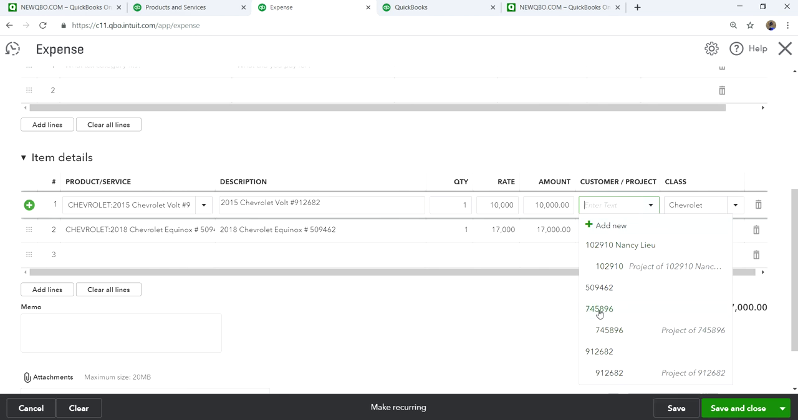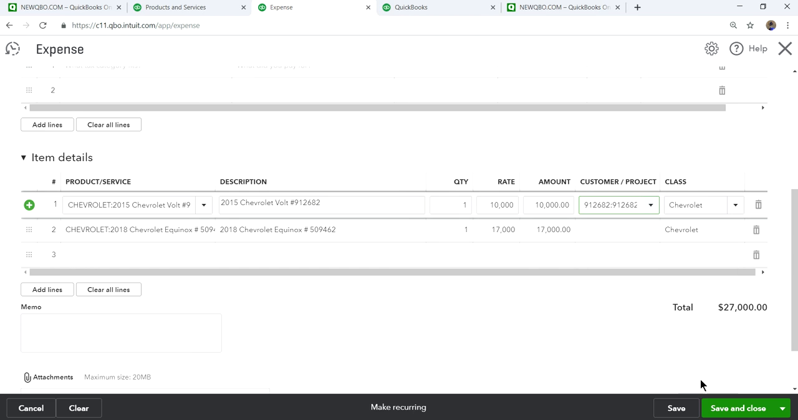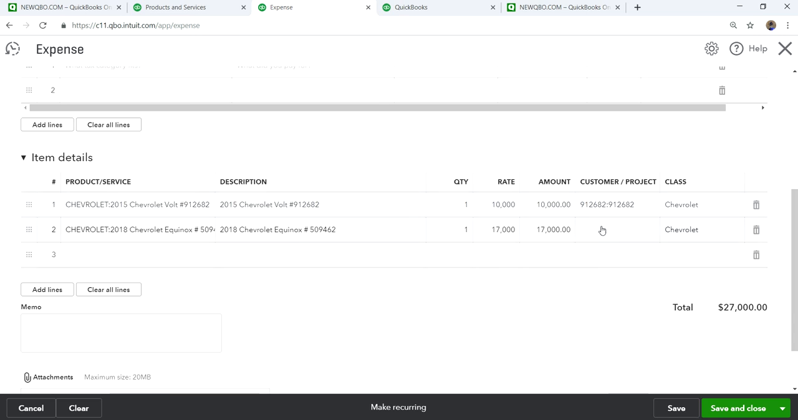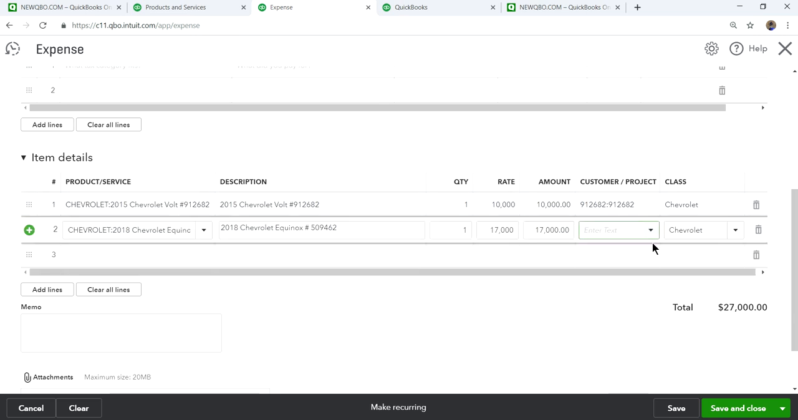So this is the 50912-682. So make sure you select the project, not the customer. Alright, it's not this one in here. You have to select a project. Same thing in here, 509462,